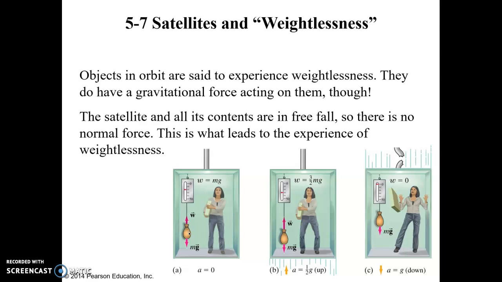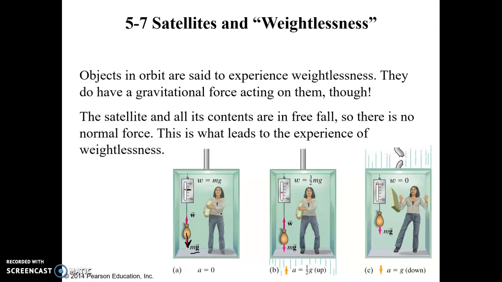So typically when things are stationary, we've got a lady here in an elevator car that's not moving. The force she is experiencing due to gravity is equal to mass times gravity. So if we have this weight attached to a scale, it's being pulled down by gravity, mg. So the weight on it reads, what is it looking like, 20 on this scale here.